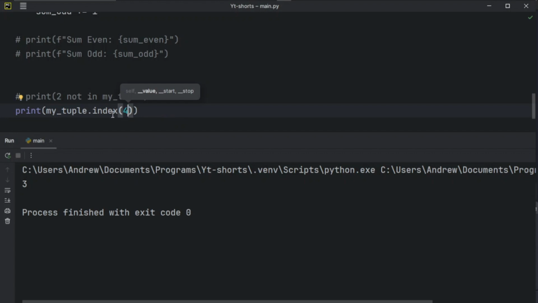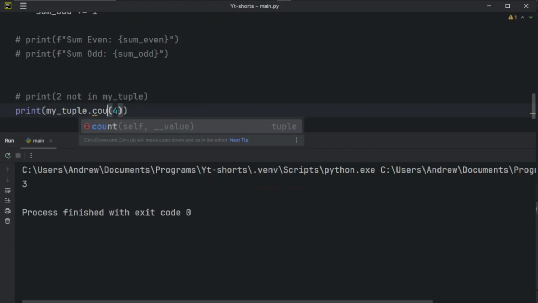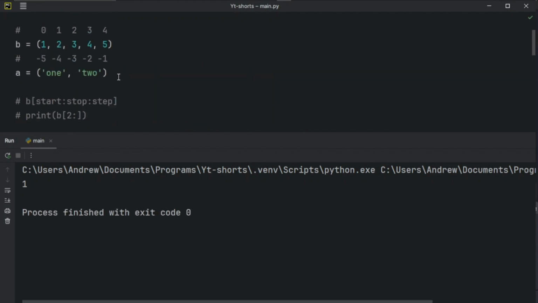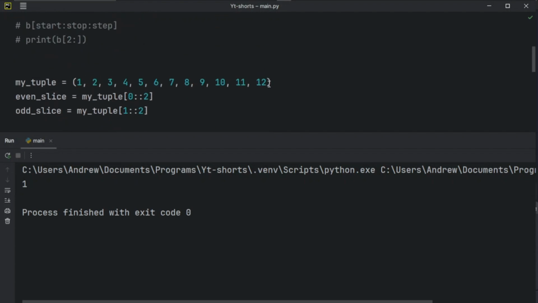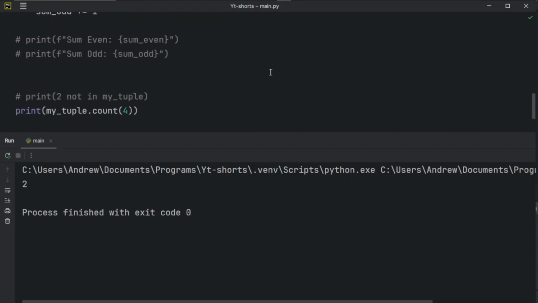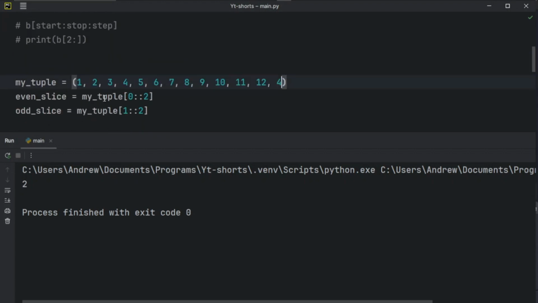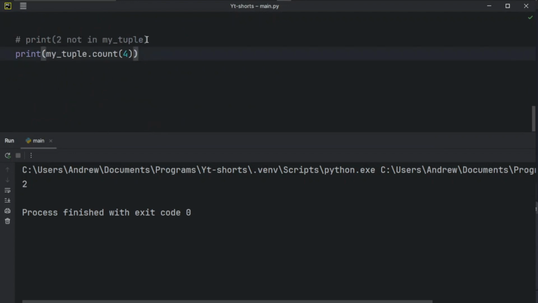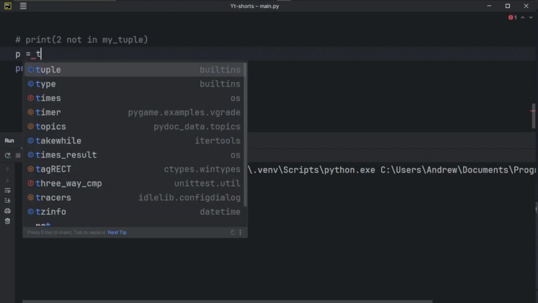So count is going to return how many times an element occurred. It gives 1. So if I go ahead and add one more 4 here and run this again, we get 2, right? Because 4 appears twice in this tuple. And then there's the tuple method that converts a sequence to a tuple. So let me just do that one more time. We're just saying something like p is equal to tuple